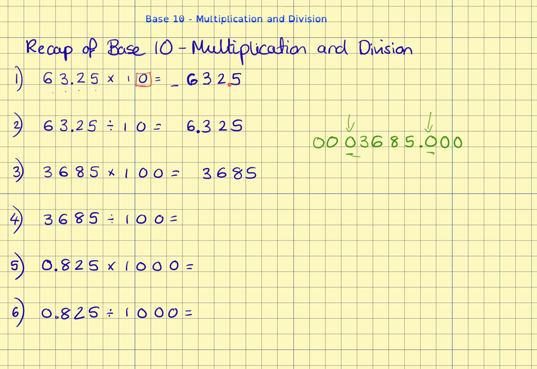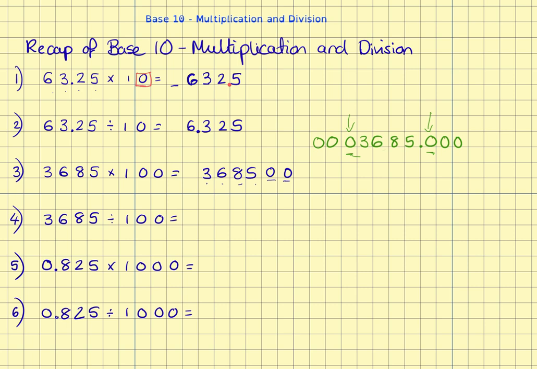That means that our final number would end with those two extra zeros, which is maybe where people have said, oh, if you're multiplying a number by 100, just add two zeros. That's sort of correct, but it does cause misconceptions, because there are times when you multiply a number, as you'll see in question 5, where you don't add any zeros, and the number does get bigger. Actually, when those zeros are included, that's because the place value of every other column along here has gone up by 2 places. So now we have 368,500 instead of